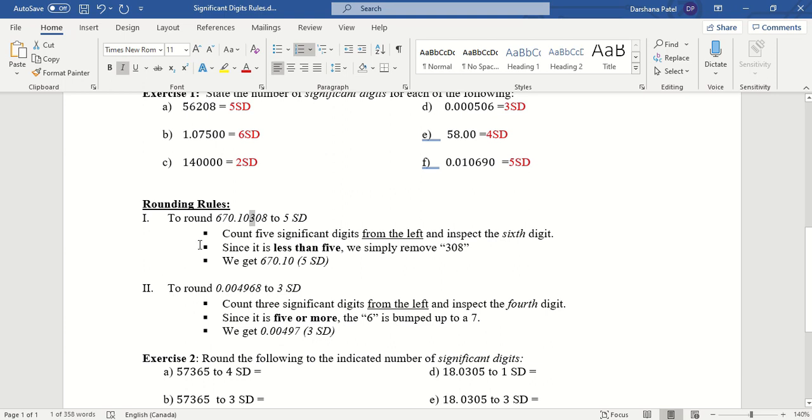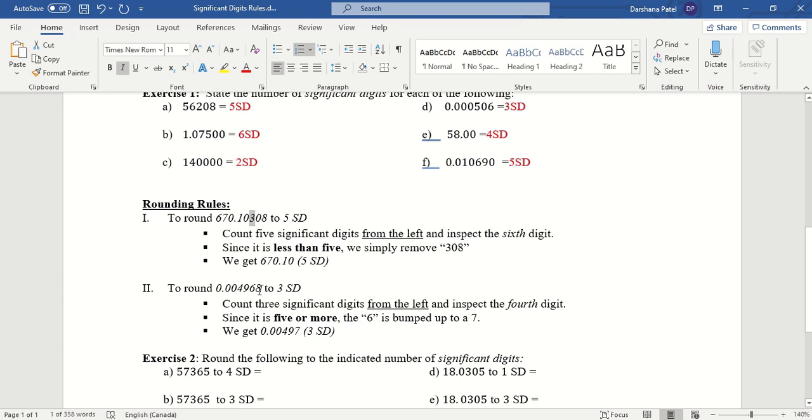670.10. Now if I want to round this number to 3 significant digits, I will again look at the 4th digit after the number which is non-zero. So I cannot look at the 1, 2, 3 and 4th number here. I cannot do that. I have to start with the first significant number. So I look at this number 4 and then 2, 3 and 4. So I look at the 4th digit.